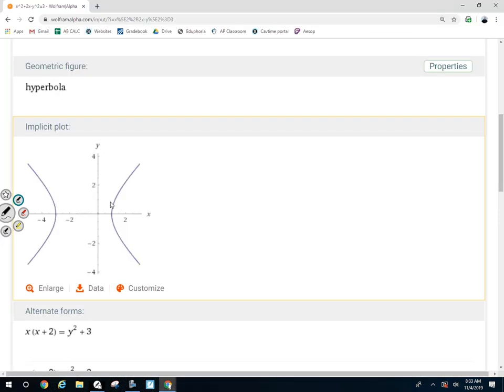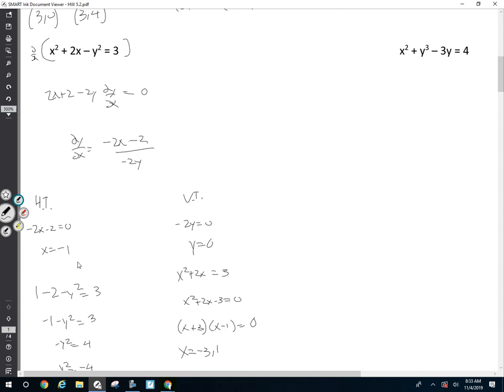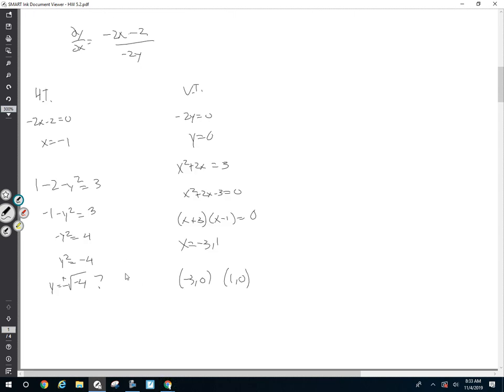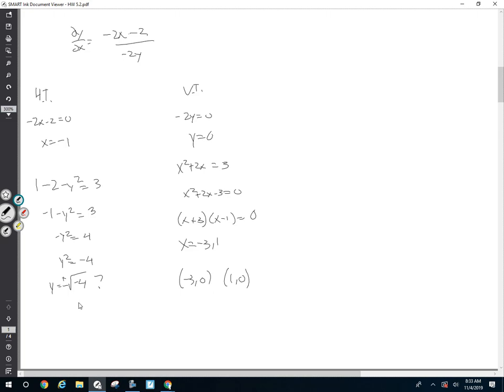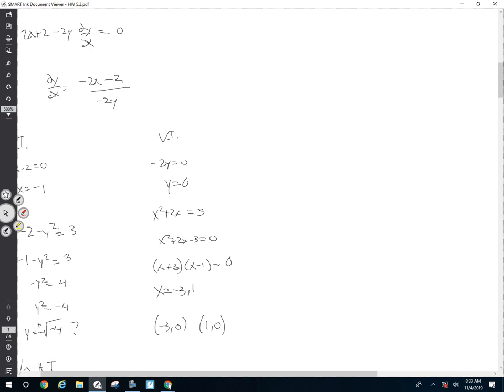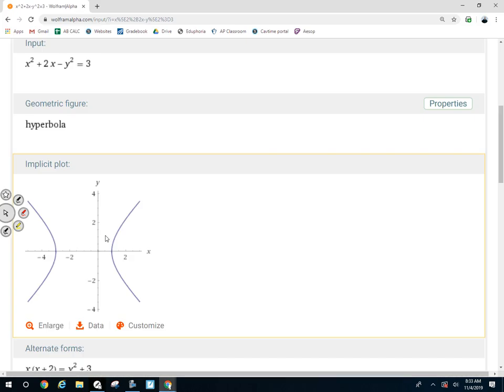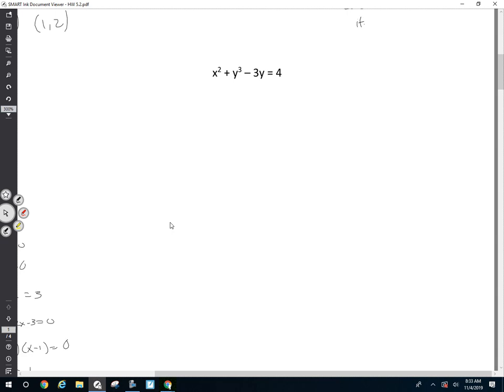I can see it's got vertical tangents, and it probably doesn't have a horizontal tangent. You can see when x is negative 1, we don't have any graphs. Are you going to have to kind of know that? No, I'm going to give you problems only where it's set up for you to succeed. But notice vertical tangents: negative 3, 0, 1, 0, 1, 0, negative 3, 0. Okay, for this one,